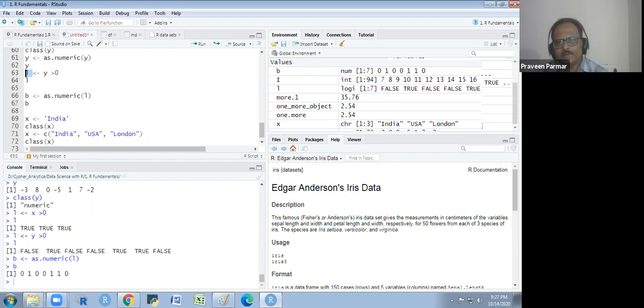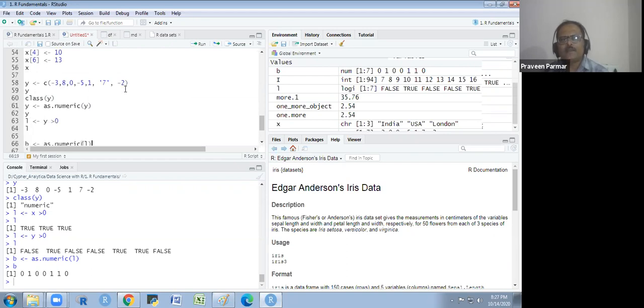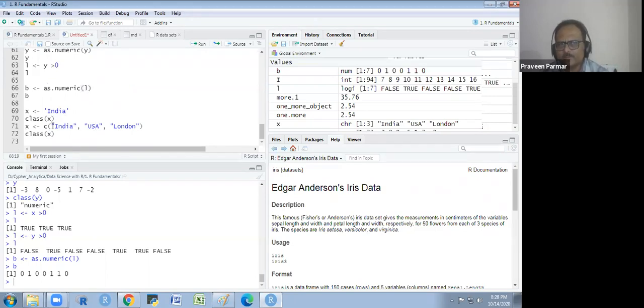I have given the small L there, name, object name. Got it? But it is not a logical, it is somewhere numeric. And numeric values are in quotes. Then you convert them in pure numeric. Numbers are in quotes, you could convert them in numeric. But if these characters, letters in quotes, you could not convert them in numeric.